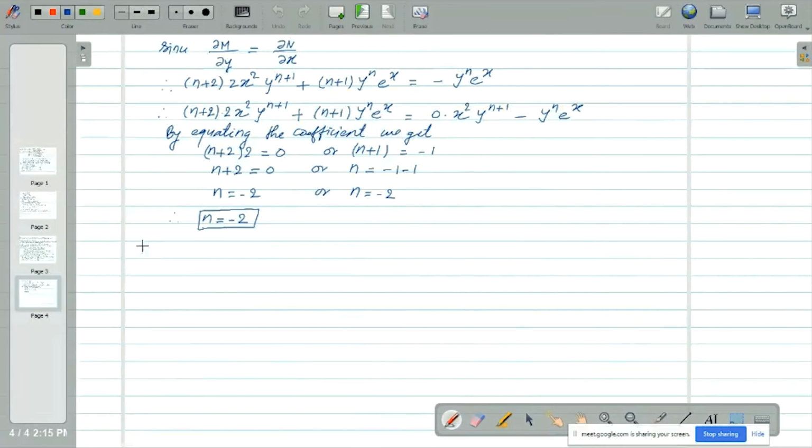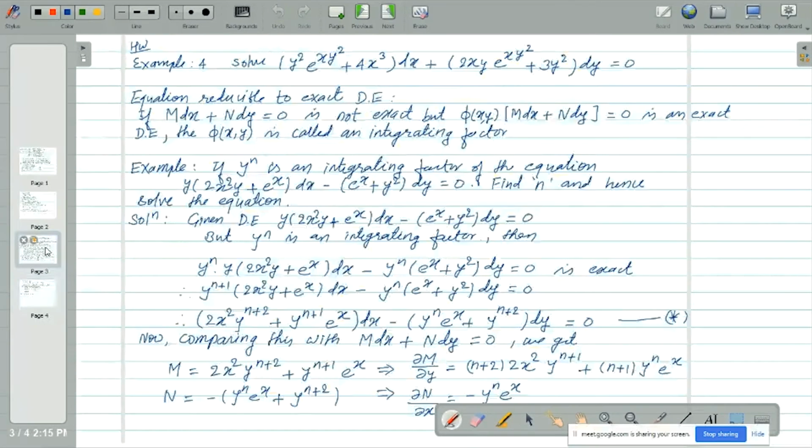So when we put n equal to minus 2 in equation number star, we get